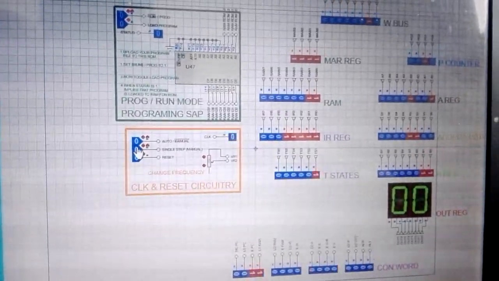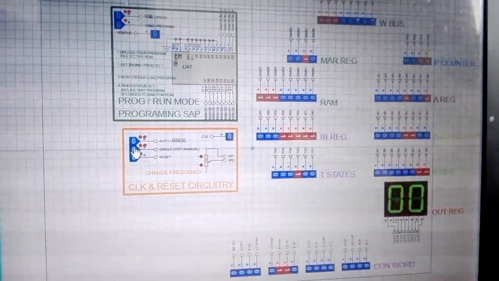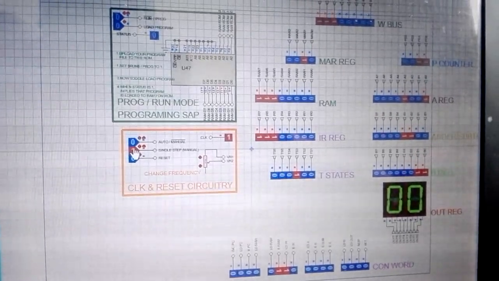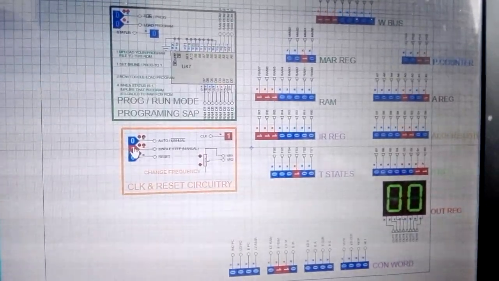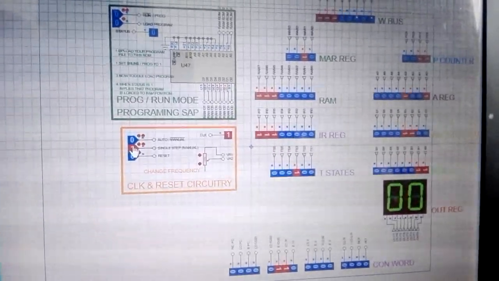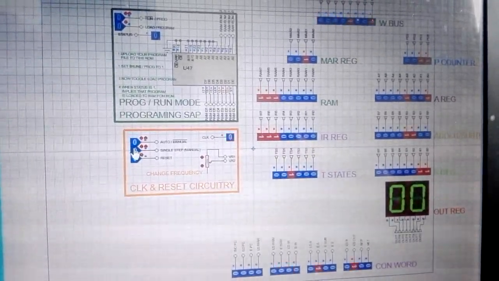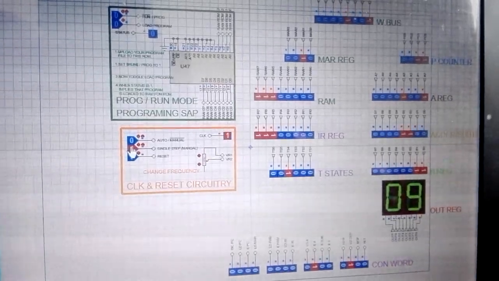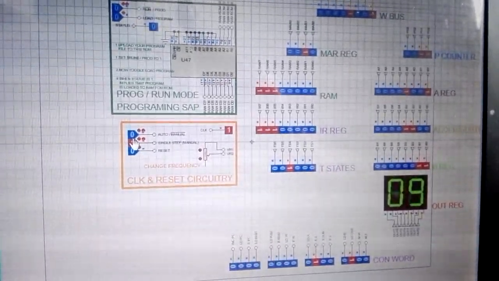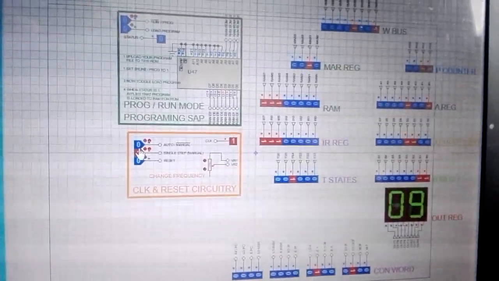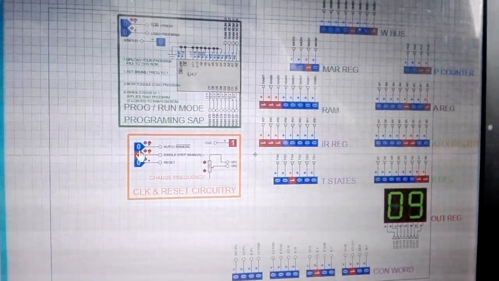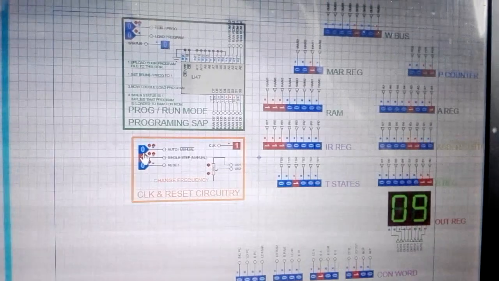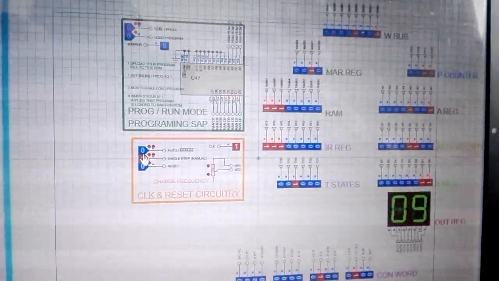Now we have the out instruction. In out, the accumulator content, or the A register content, will go to the bus and then to the output register. Now we can see, yes, we have done the out instruction. We loaded the content of the 15th address, the EH, the 15th location